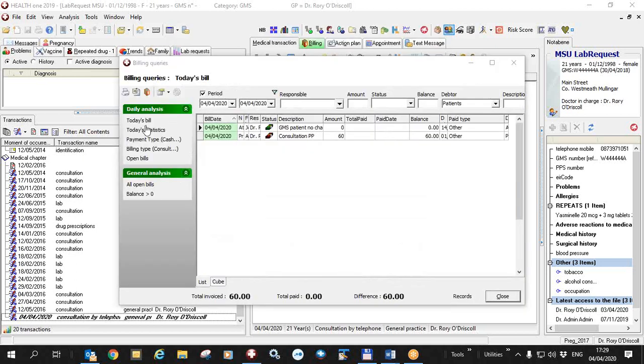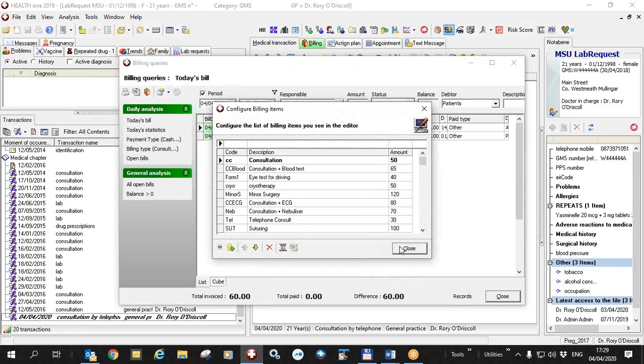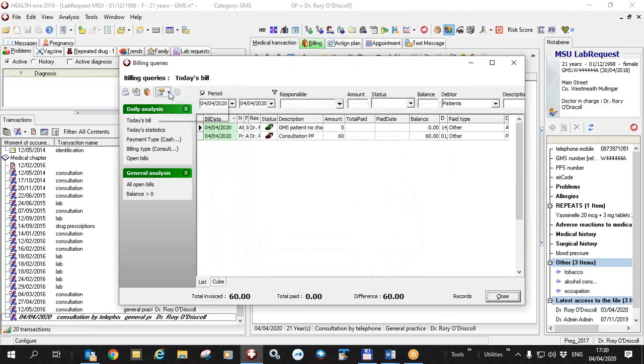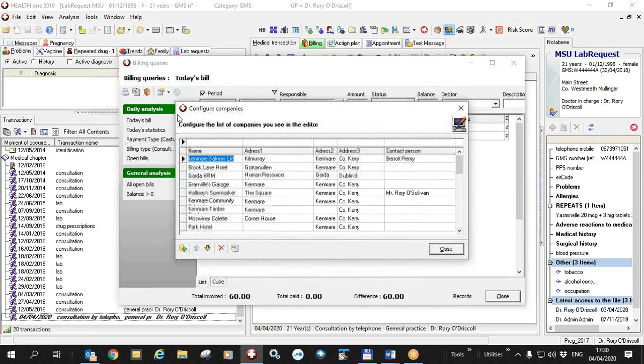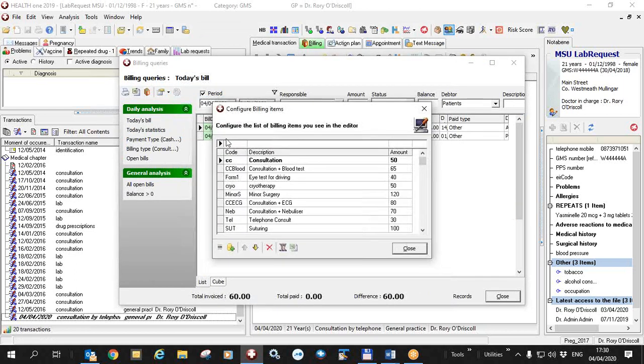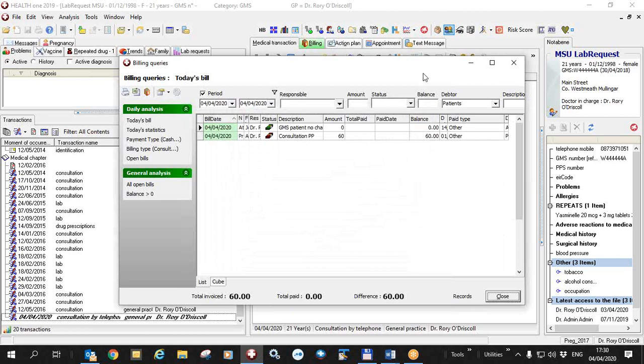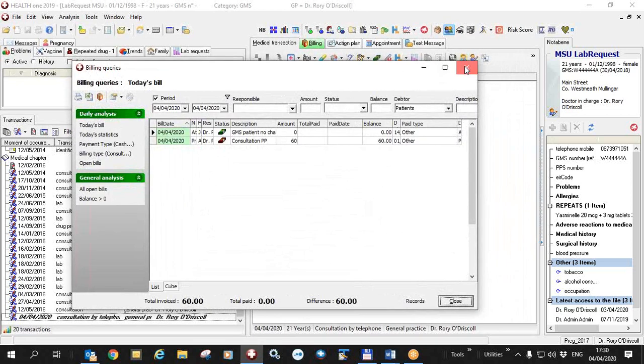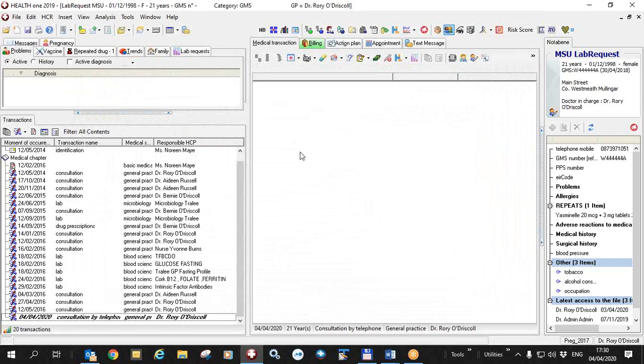We can also configure the billing items and debtors from the billing queries from this button here. And you can see here over on the left you have configure the costs, which I've just described to you, and you can configure the debtors. So the best thing would be to put in a new debtor here first of all, and then to put in a new billing item in the cost, or several of them for the COVID. And in this way then you can do a normal bill and call it COVID when you do a consultation